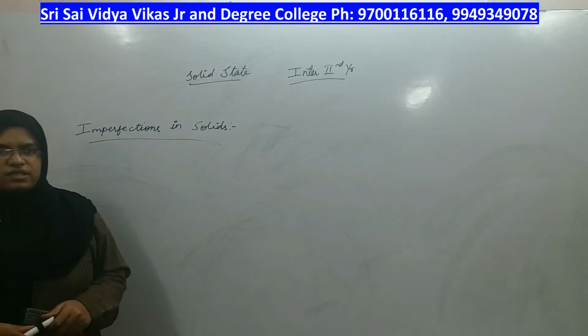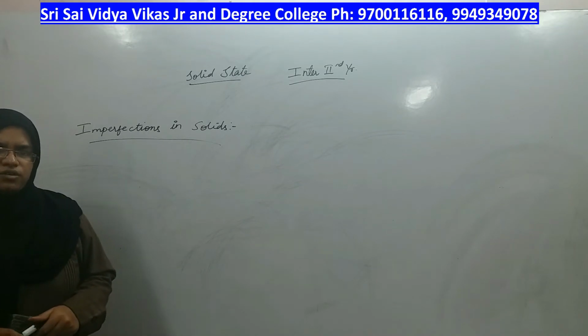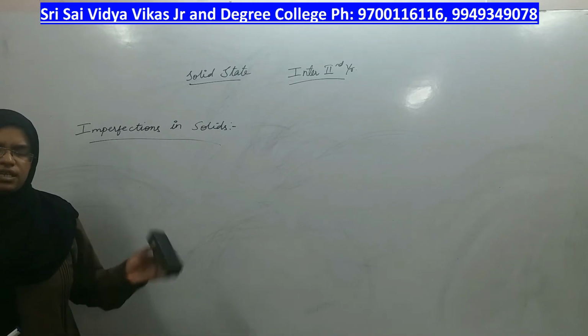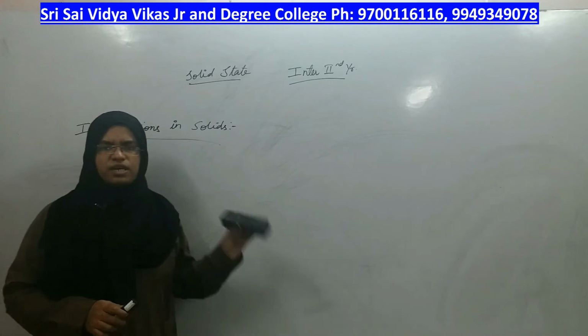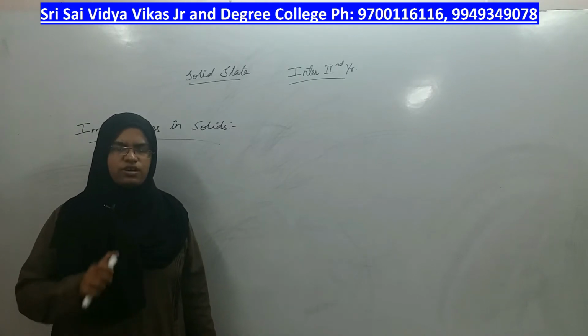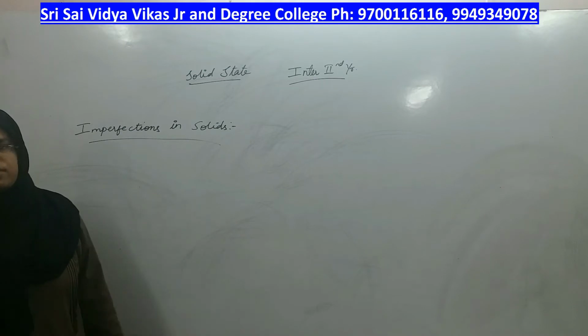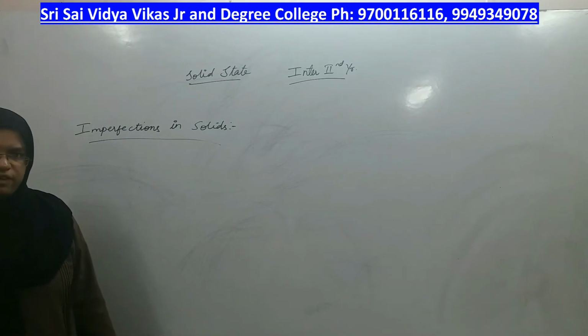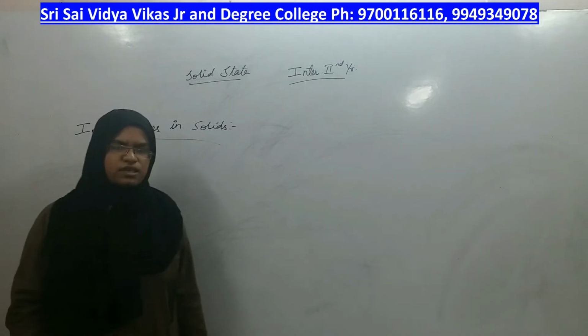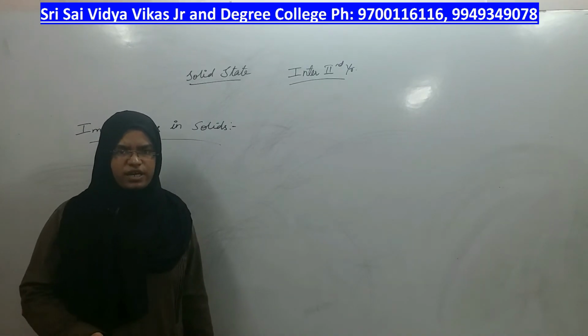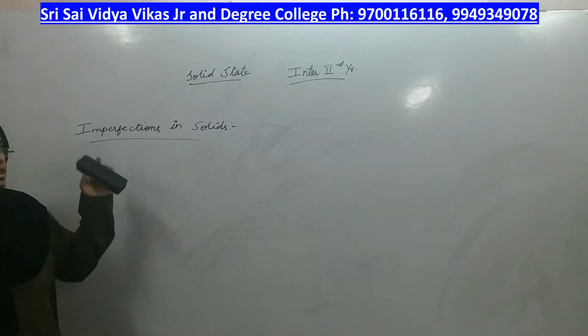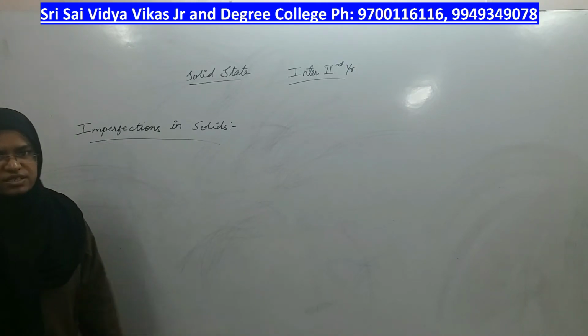In the previous lecture, we have seen how different types of unit cells have atoms arranged at the corners, or faces, or at different bodies, right? So, in each type of unit cell, we calculated how many atoms are arranged per unit cell in the last class. Now, we will move ahead by taking solids and studying their imperfections, right?